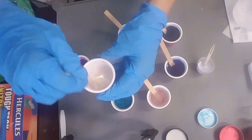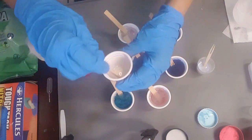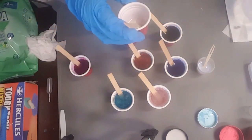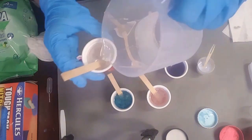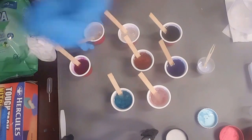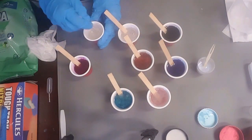Okay, here we go. Stardust, oh, sorry, Suncatcher is my absolute favorite shimmery out of Glitz and Glam. Okay, so I've got them all ready. Now we're going to move from this spot to over there, where I've got all my lovely